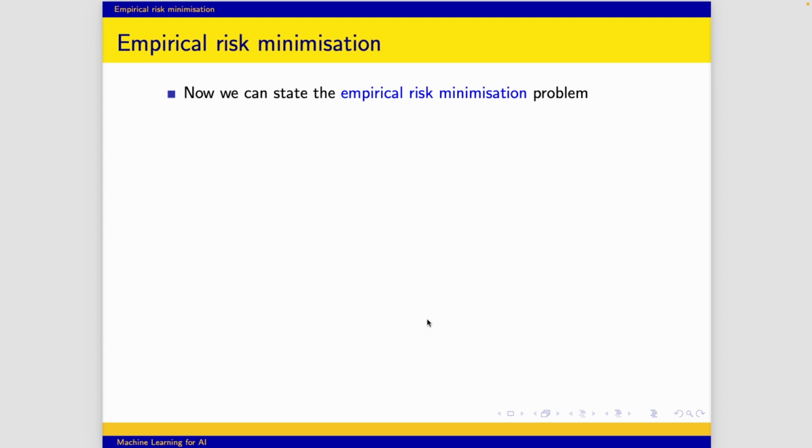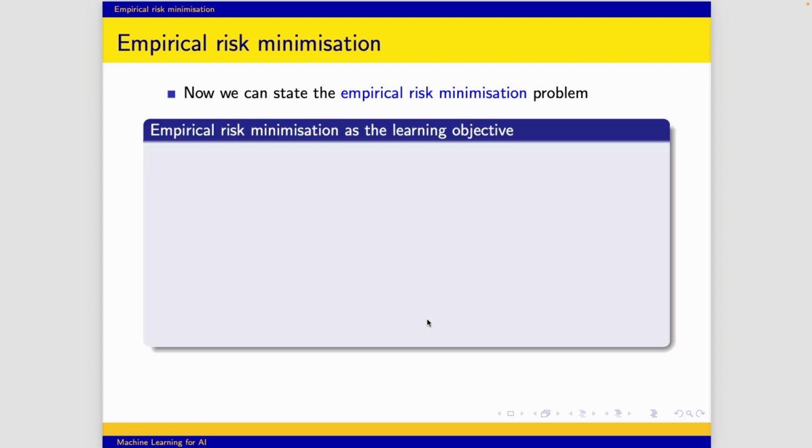So the final form of our learning problem or learning objective, the one that leads to a practical algorithm, we call empirical risk minimization. And as the name suggests, it involves minimizing the empirical risk, not the risk,